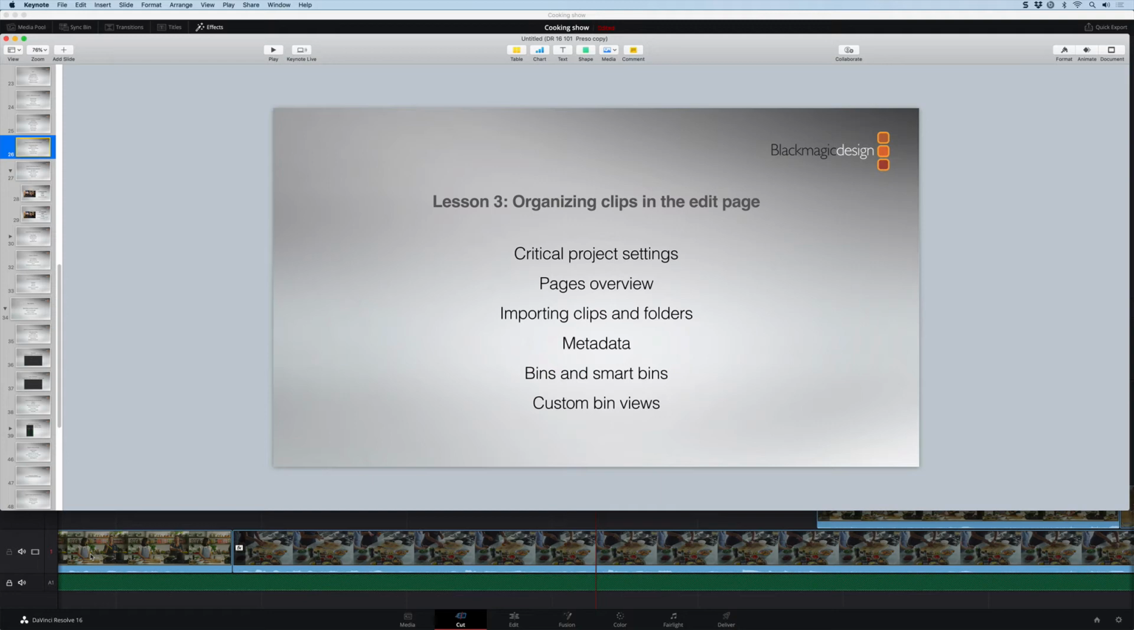So lesson 3 starts a whole new section in the book. The first 2 lessons are about the cut page, and then the next few lessons are going to be all about the edit page. And to begin with, we start similarly in an empty new project, just like we did last time. So lesson 3 is all going to be about setting up the project,